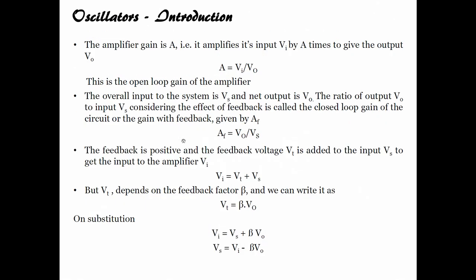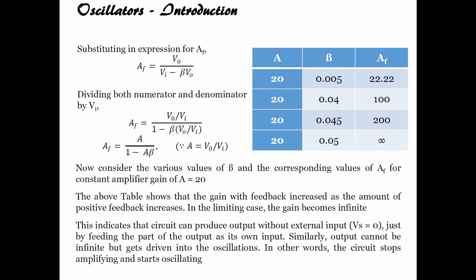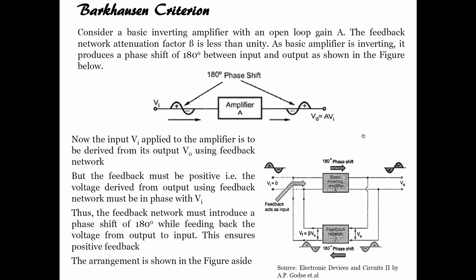Alright. So, you can see here that only a part of the output signal is fed back. If I increase the beta, if I increase the feedback, what do I have? I have AF extremely high, and in the case of 0.05 for a gain of 20, I see that the feedback gain is infinite. Thus we had to follow the Barkhausen criteria, and you have to understand that only a part of the signal is fed back to the input. We have seen this in an earlier course; I am just quickly repeating it here so that you understand, because we will be using this for the actual implementation of circuits.